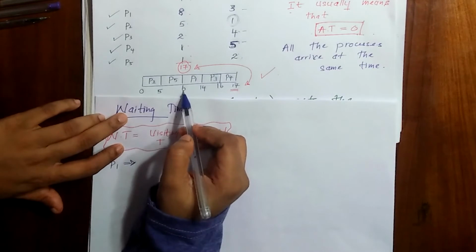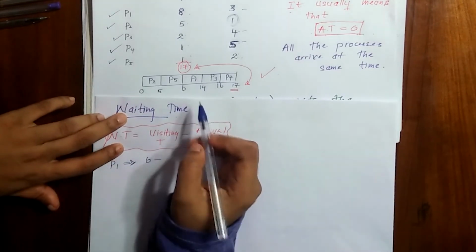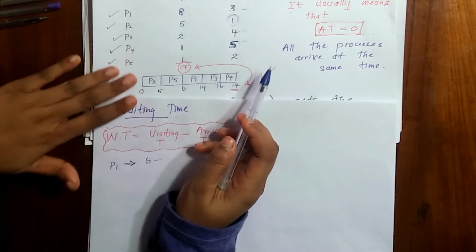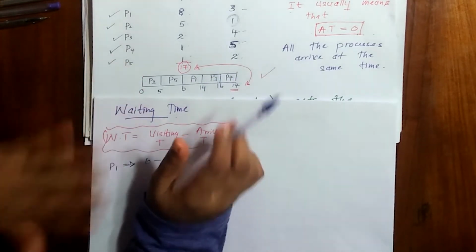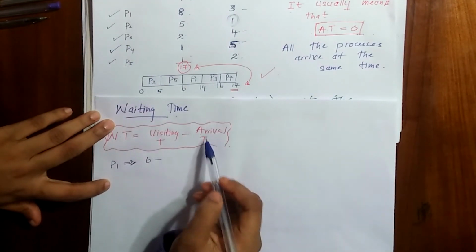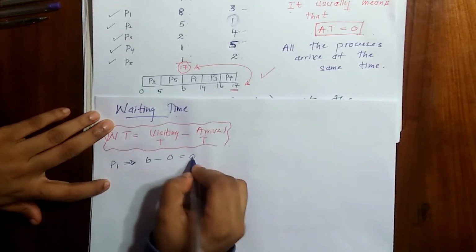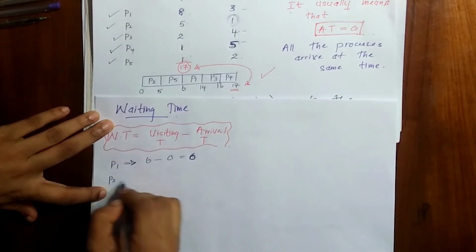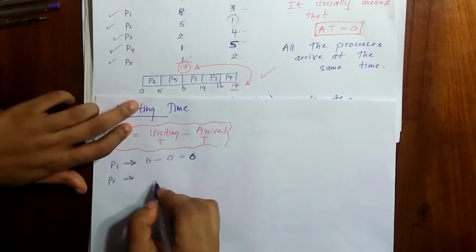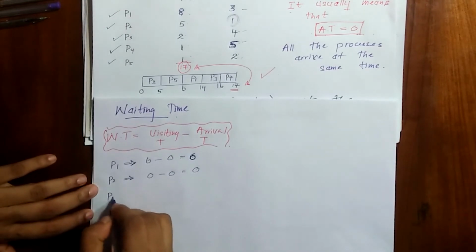P1 visiting time is 6 minus arrival time is 0, right? So for each and every process, the arrival time is 0. So it becomes 6, and then P2, it's 0 minus 0, 0, and then P3,